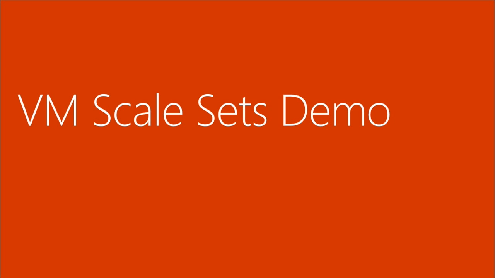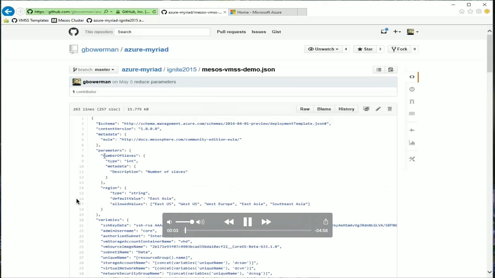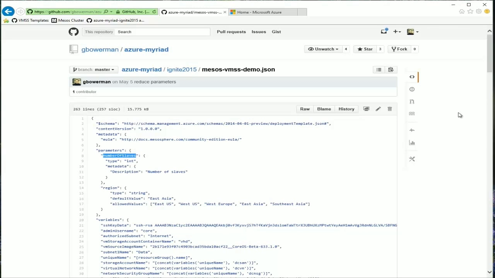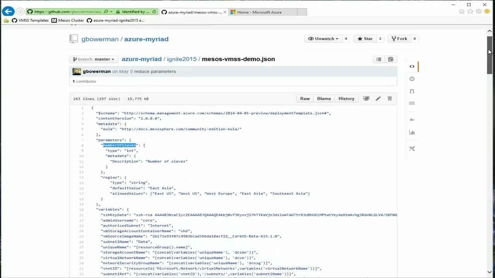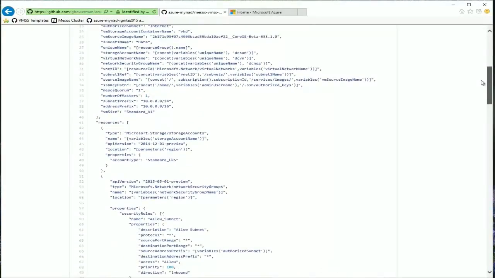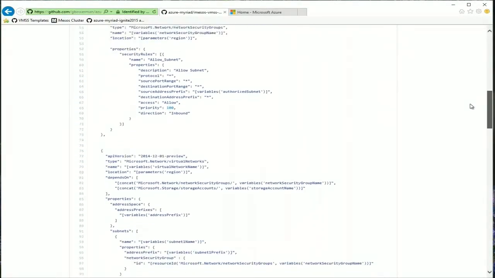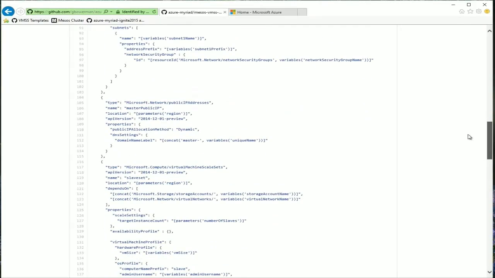All right, so let me show you a quick demo. Because this is in active development, I'm going to run through a video and walk through what this looks like. So we have in a public GitHub an example template file that talks about what VM scale sets look like. We have defined a virtual machine scale sets template that you see on the screen, and you can see that being highlighted.